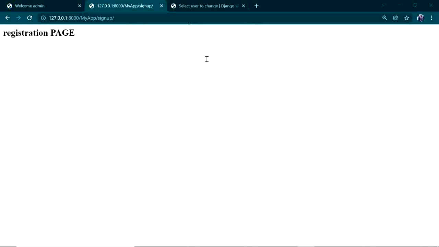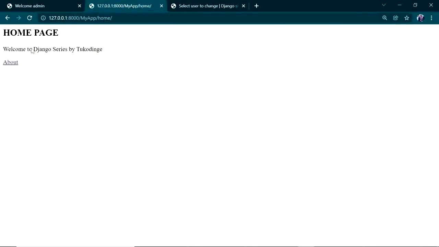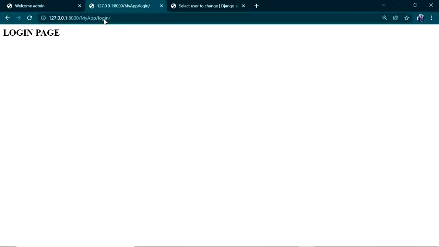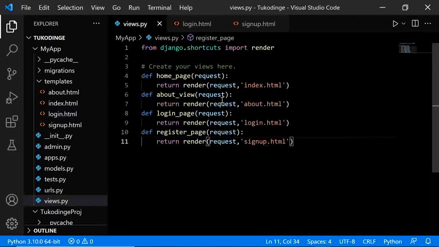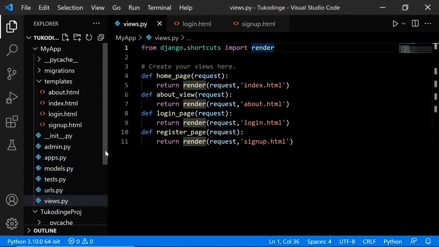Okay, so before someone accesses the home page, they need to first log in. So we shall go and modify our login page. What we are going to do is go to our views. Like I've told you before,